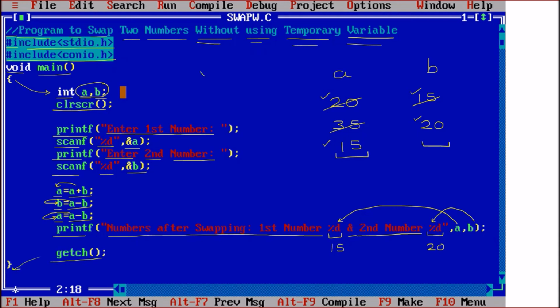And this one is a very popular program because many times companies even ask this program, swap two numbers without using the third variable. And we may think that this program is very easy, but the person who has applied this logic, that logic is having the value, and on the spot sometimes we don't even remember such a program. So this is a very important program, swapping of two numbers without using the temporary variable.